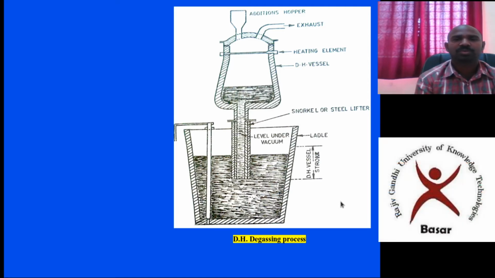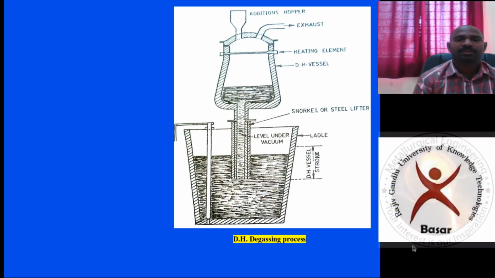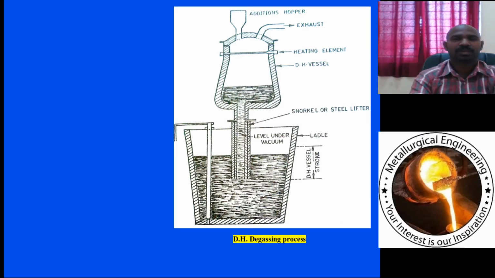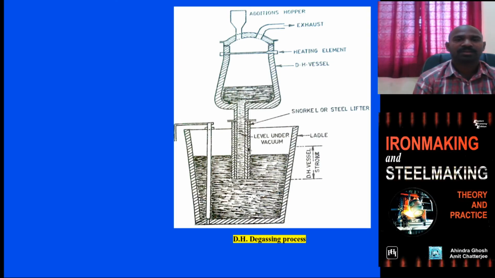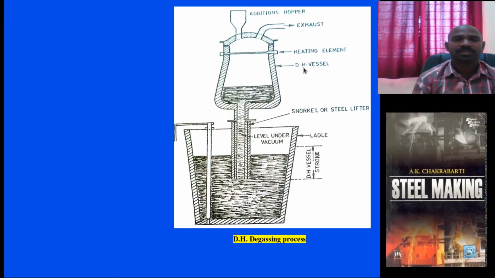Further, in the continuous casting process, once it is degassed, it will be lifted off. It is taken into the tundish, from the tundish to the continuous casting mold. This is the primary steelmaking molten metal ladle, and from here it is called a leg, single snorkel leg. And this particular chamber, refractory lined, is the DH degassing vessel, DH vessel, refractory lined.